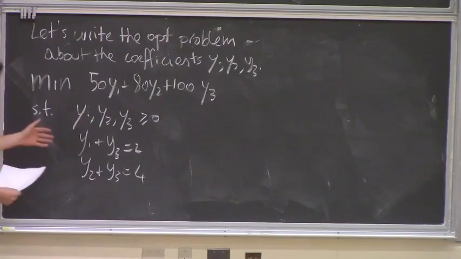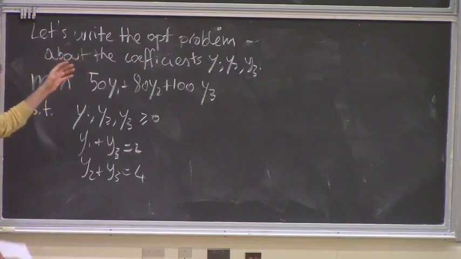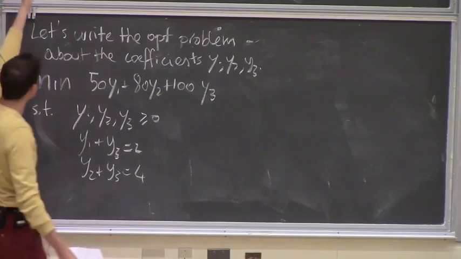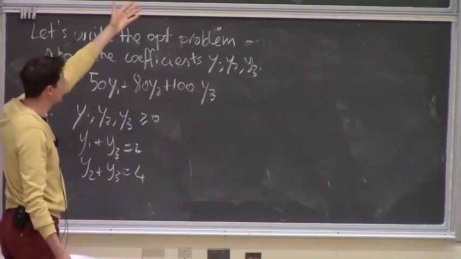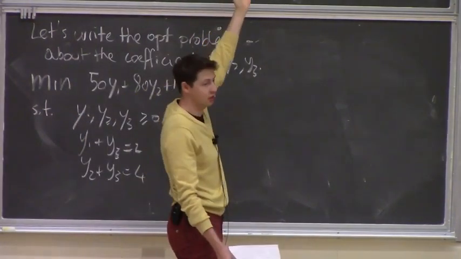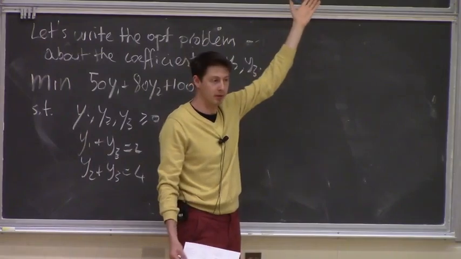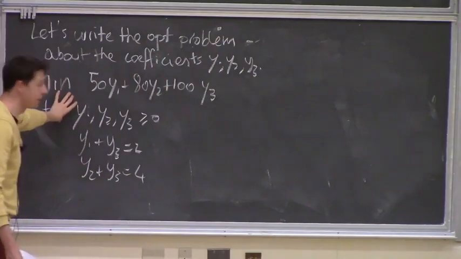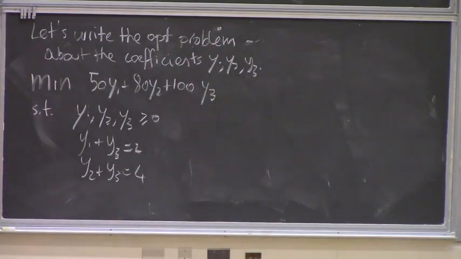So notice that under these constraints, by construction, any feasible solution to this linear program is a valid upper bound to the so-called primal linear program, right? We've constructed it that way. We're saying, take those constraints, multiply them by something, add up, and put constraints so that on the left-hand side we get the objective function, and on the right-hand side we get some upper bound. So any feasible solution to this linear program yields an upper bound